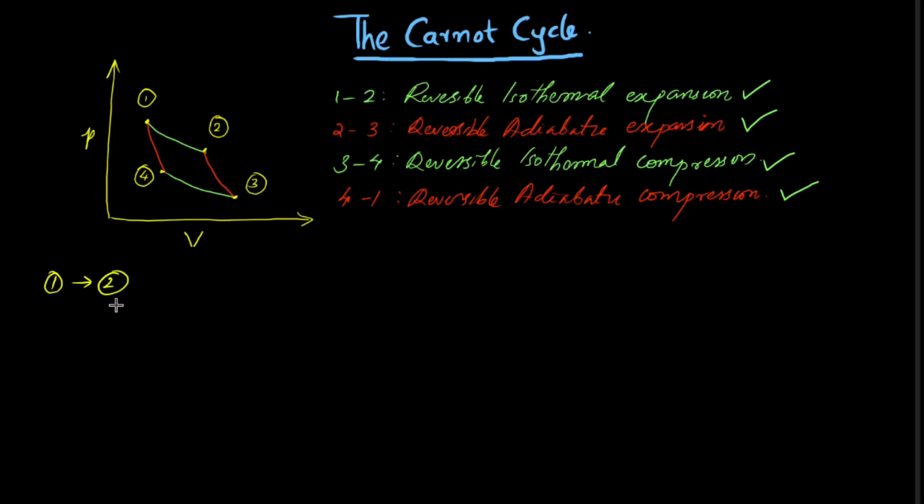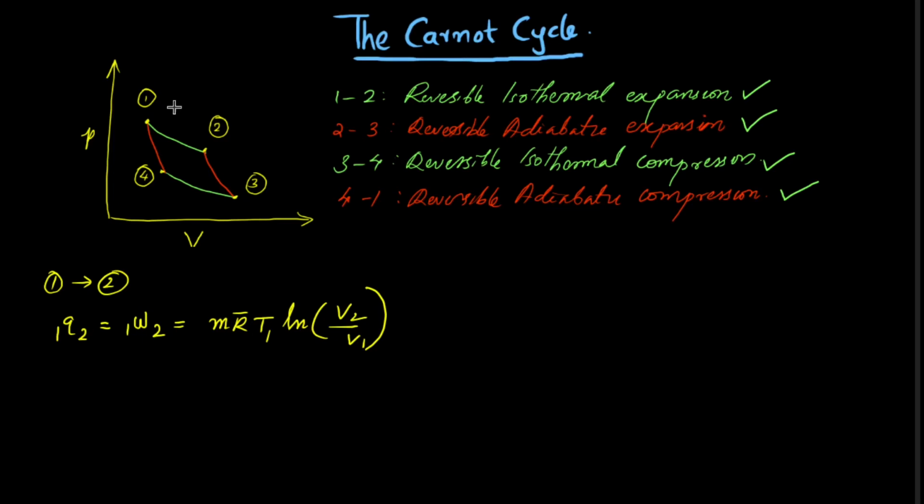So, process 1 to 2, we know that it is an isothermal process, so the internal energy does not change. We have seen that for an isothermal process, the heat transferred to the system will be equal to the work done by the system. That will be equal to m R bar T1 log V2 by V1. This was derived in one of the earlier lectures. So, this is the work done during an isothermal process, and that will be the same as the heat transfer to the system.